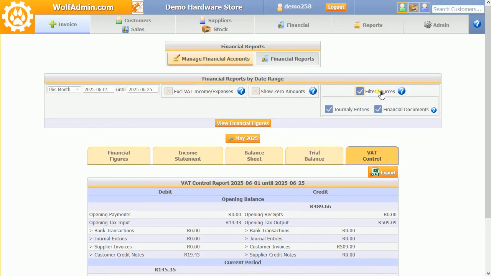There are also some extra options at the top over here. If you wanted to, you could just filter the sources for your financials from only journal entries, or you could untick journal entries and untick financial documents to exclude those transactions. Obviously your balance sheet won't balance if you do that, but if you just want to see figures that exclude those, for example,